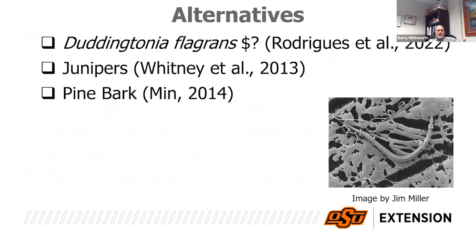Alternatives, things that you might look into. I don't know if anybody's used BioWormer. It does work. I would just say you have to look at the economics of it. I don't know how much it'll be worth. I won't say too much about the juniper and pine bark, but they have been added to diets at 30% of the diet, and we have seen reductions in fecal egg counts. So they do have some anti-parasitic properties to them.